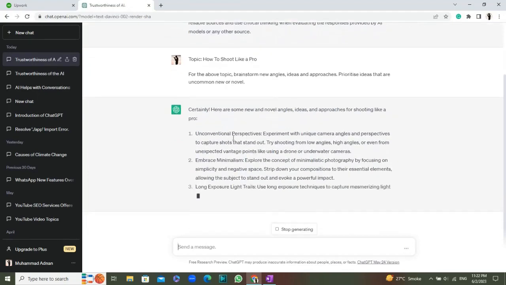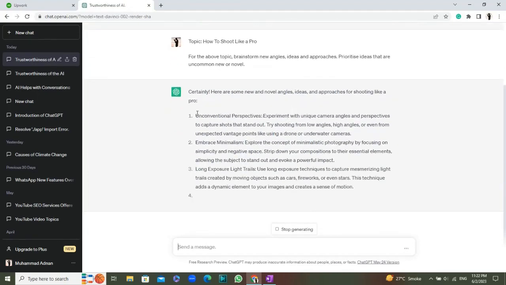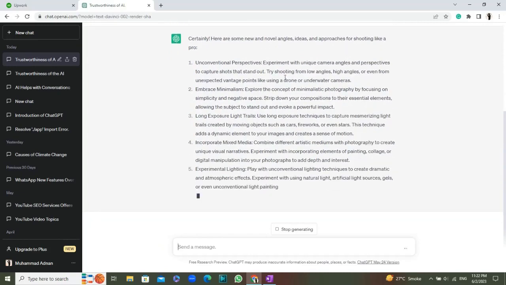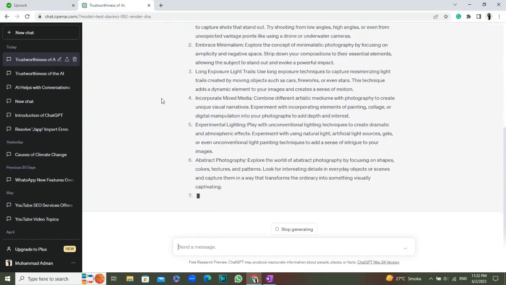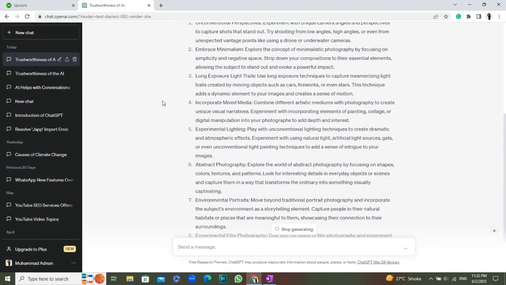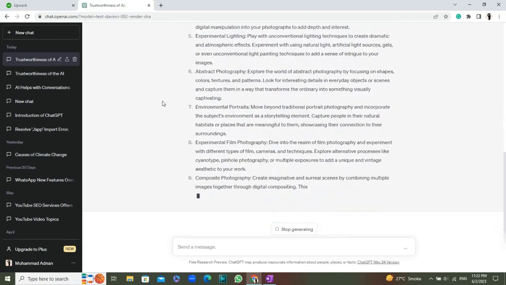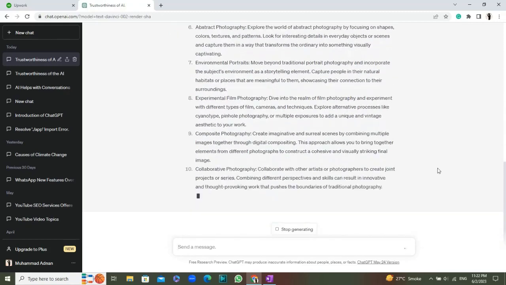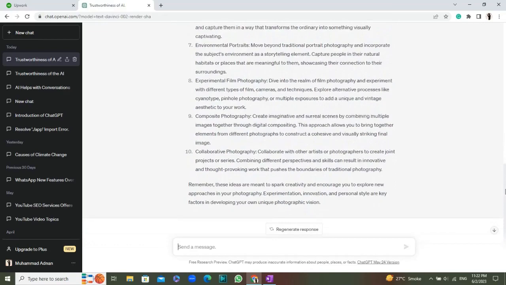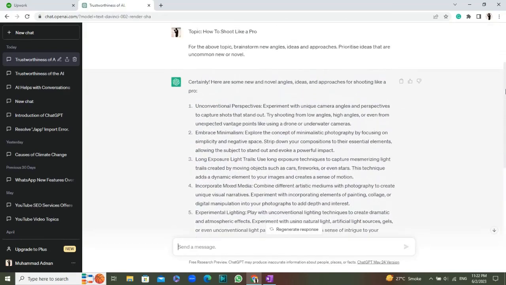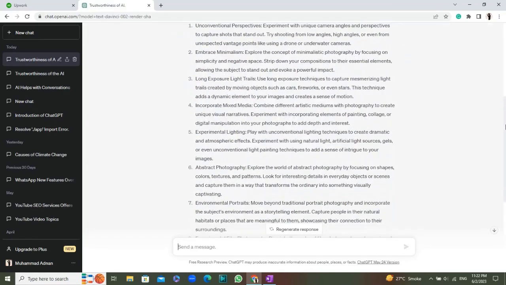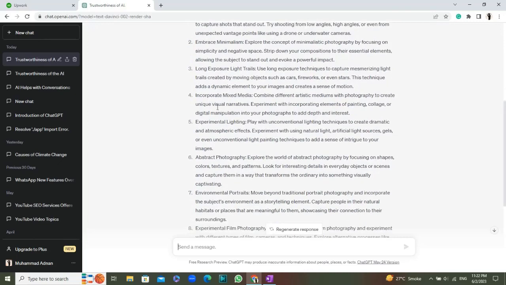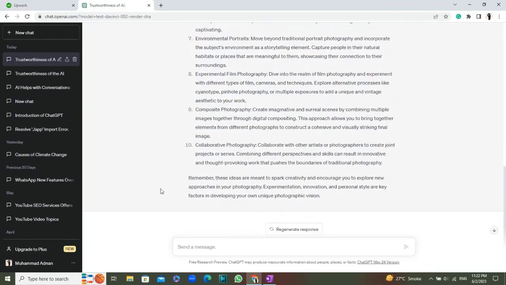Certainly, here are some new and novel angle ideas and approaches for shooting like a pro. You can see it is suggesting amazing points and ideas for a content creator. You can follow them, or you can consider them as a starting point, and then you can edit them.